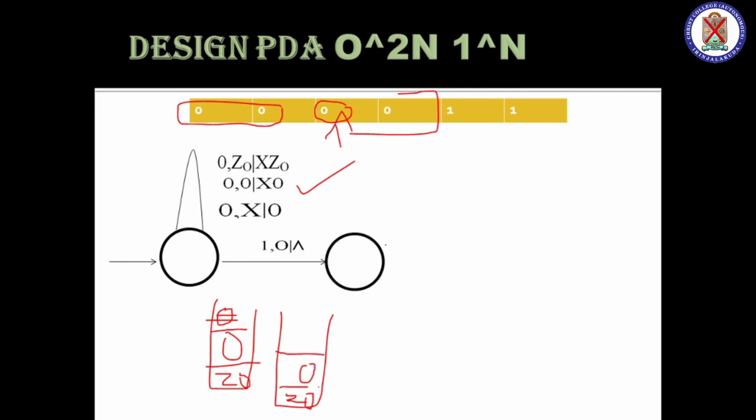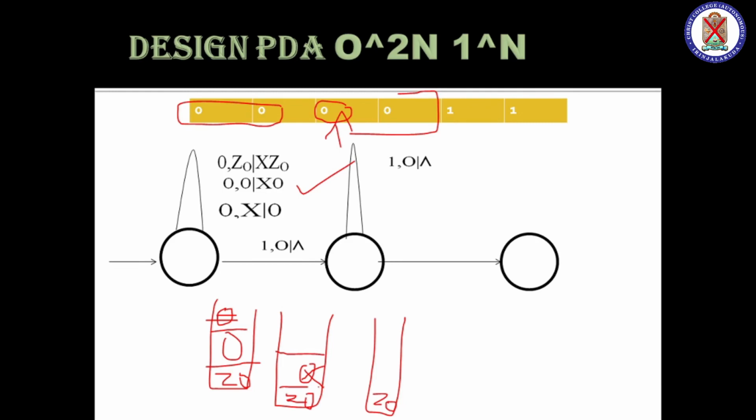So I will repeat it. After repeating, what you will get? Again 0 is on the stack top and 1 is on the tape. We will make it null and we will get Z0 on the top. Okay, this 0 is also gone. So if I get Z0 on the top, that is a correct expression. If every 0 I inserted is popped out with the corresponding 1, then my expression is correct.